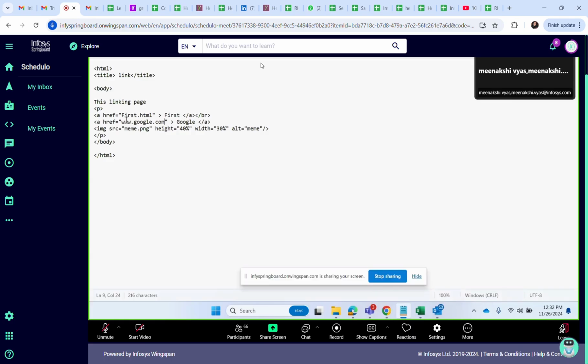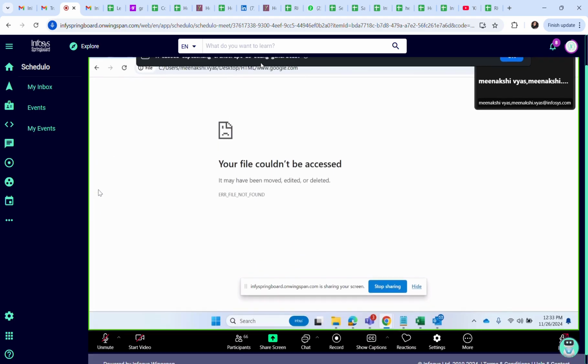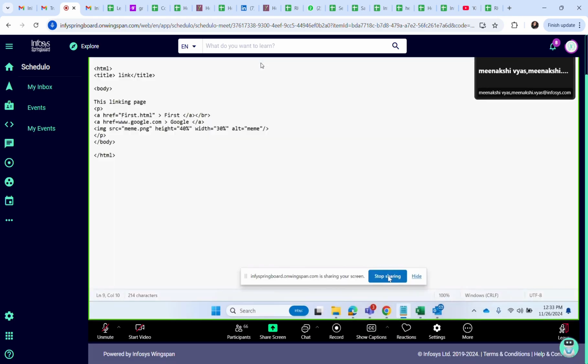Let me check why it is not opening. What is the mistake? Space has been given? No. Okay, so you can see when I'm writing this, I cannot open this.